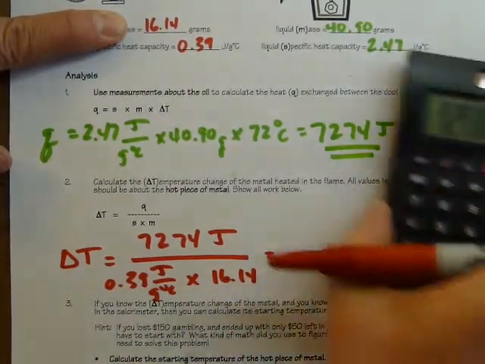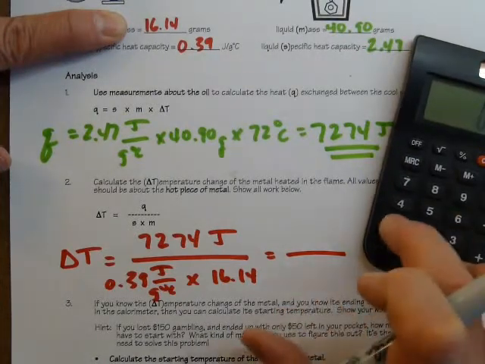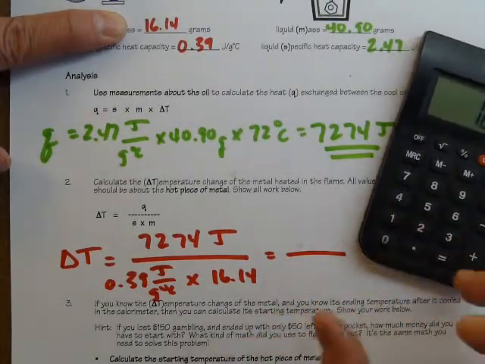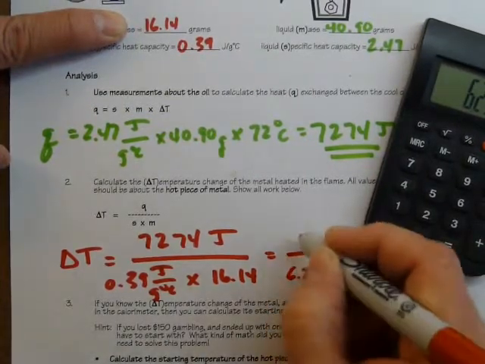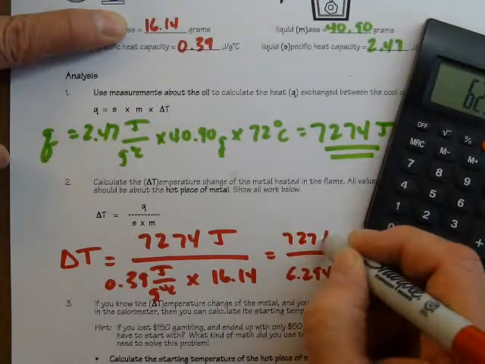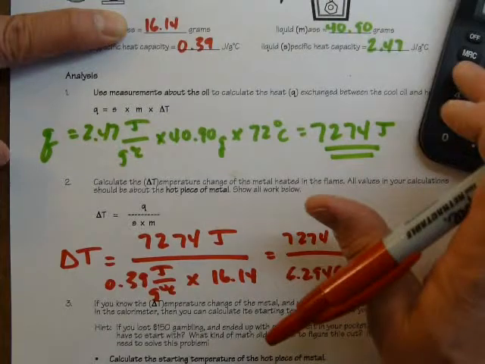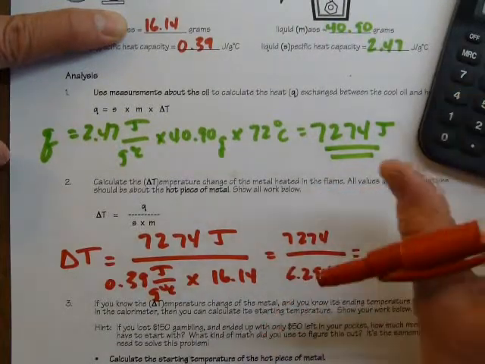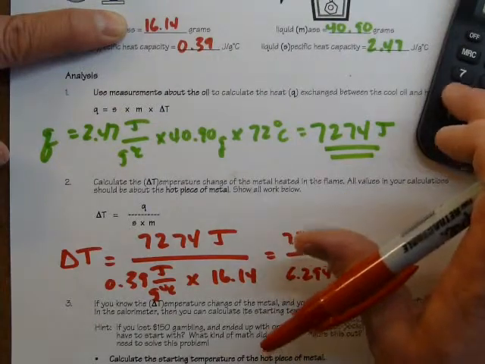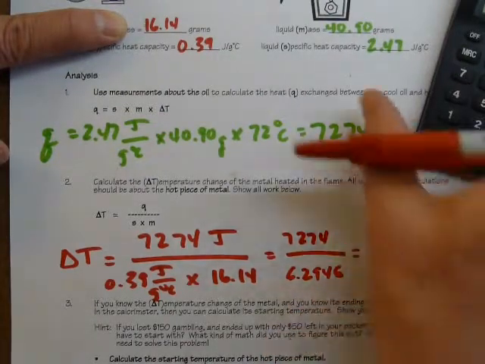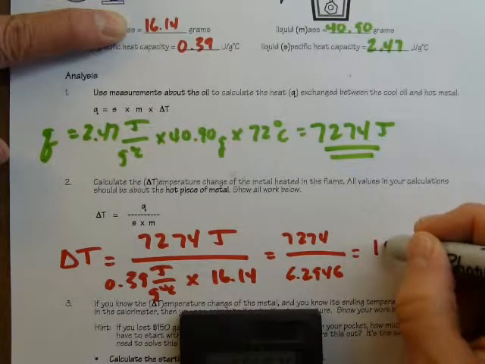Now make sure when you do this that you do the bottom math first, 0.39 times 16.14, and write that down, 6.2946, and divide your top answer by the bottom answer. You want to follow those order of operations rules. So 7274 divided by 6.2946 equals, okay, I'll round to the nearest whole number,